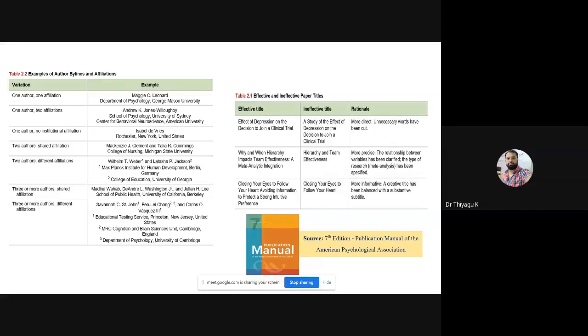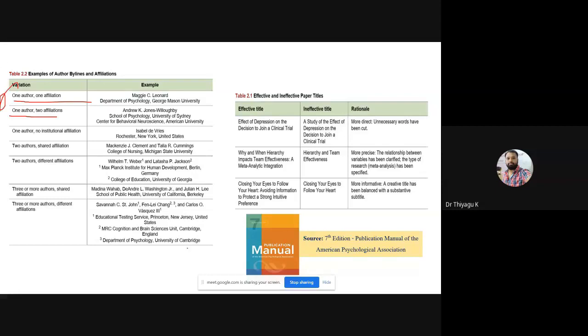If you go with only one author or one affiliation, how can we write it? What about one author and two affiliations? For example, Thiago is only an assistant professor at the Central University of Kerala, only one affiliation. But if you look at Mustafa sir, he has multiple roles. One is professor in the Department of Education. Then he is Dean, School of Education. Then he is IQAC director, Central University of Kerala. He has more than three affiliations. That time we can go with this kind of format. So for each person, based on the affiliation, it may change.